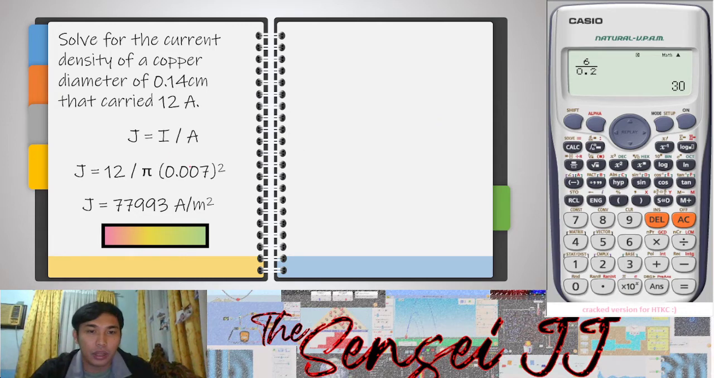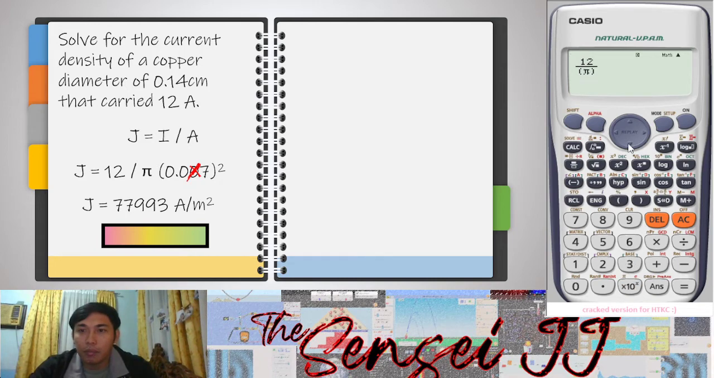Okay, so let's remove this one. Isa lang zero yung kailangan natin dito. Let's try to solve this one. We have here 12 amperes divided by